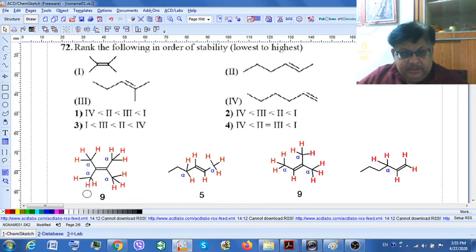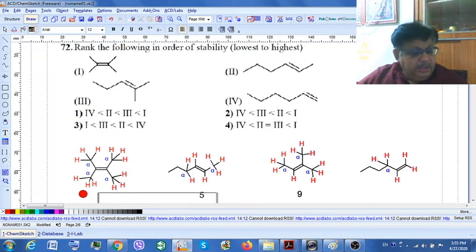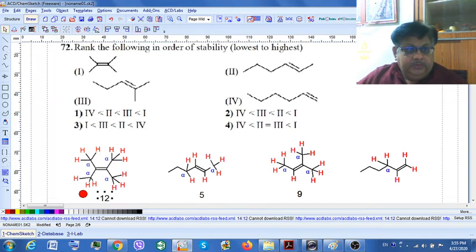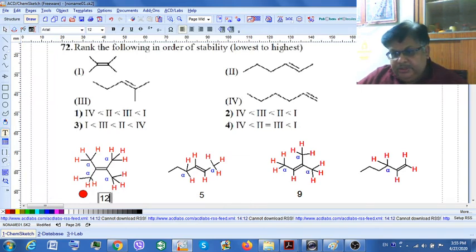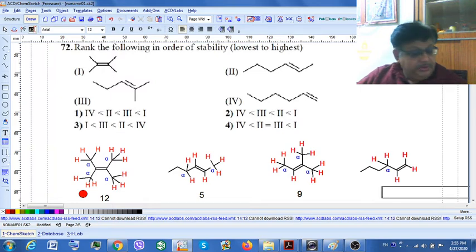Now sometime back I discussed the number of alpha hydrogens here in the first case. I stand corrected, it is not correct. This is not 9. Please count it correctly. You will get 3 alpha hydrogens at 4 positions, so I will get 12 here. Now in the last case, there is only 1 alpha position and there are 2 hydrogens here. So you get 2 resonance structures.